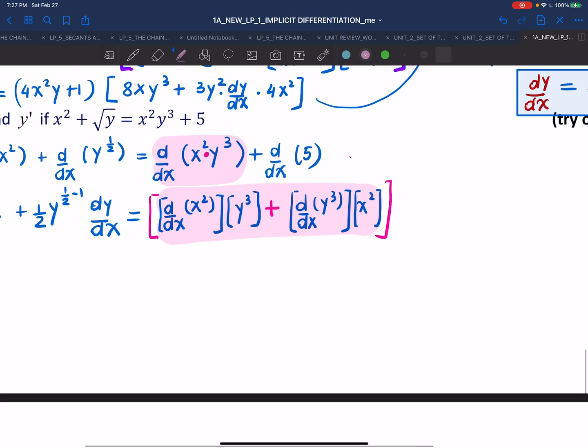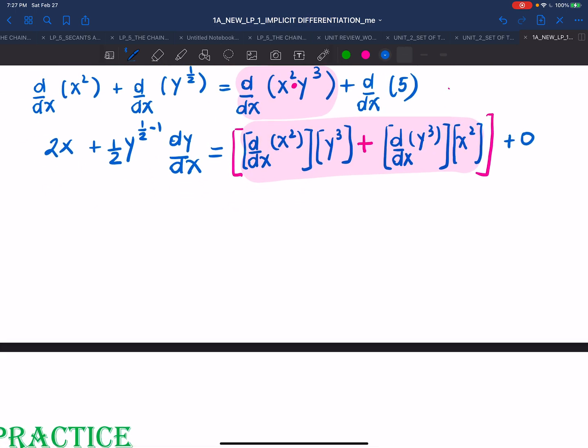Okay, and plus the dx of 5, which is 0. All right, so here we go. We are simplifying now. So 2x plus 1 over 2 y to the power of negative 1 over 2 dy dx